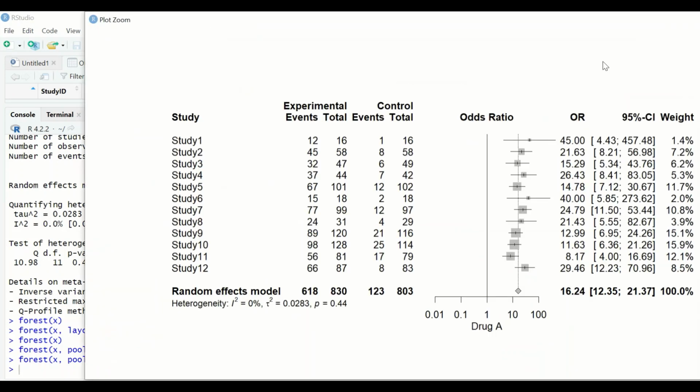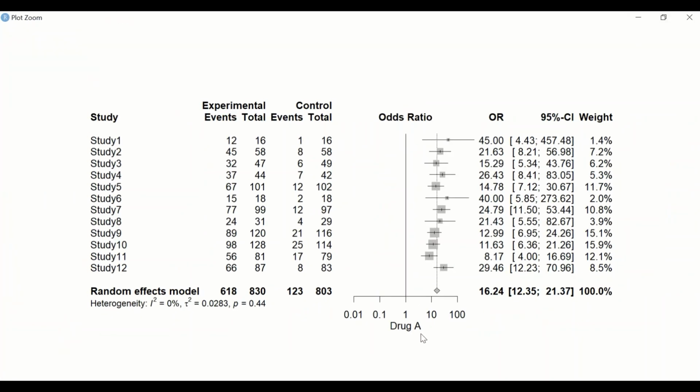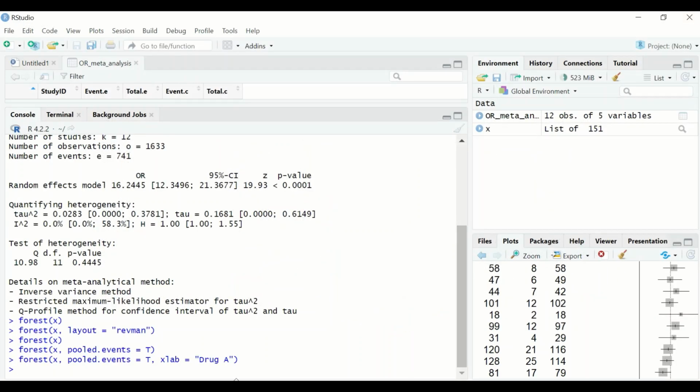Click on the zoom, and as shown here, the plot is given an x-axis label which is drug A. To do a few edits on the plot here, close the plot, and again select the command here, insert, and then after the drug insert a comma, and then to change the color of the squares in the diagram, type color,